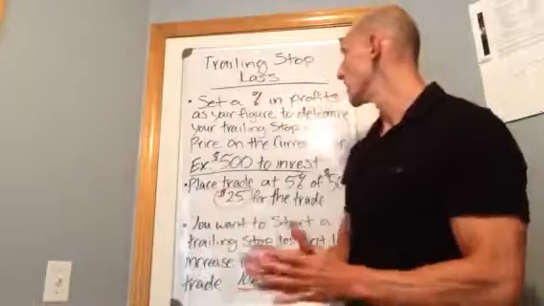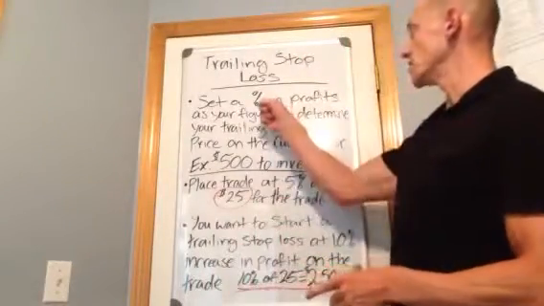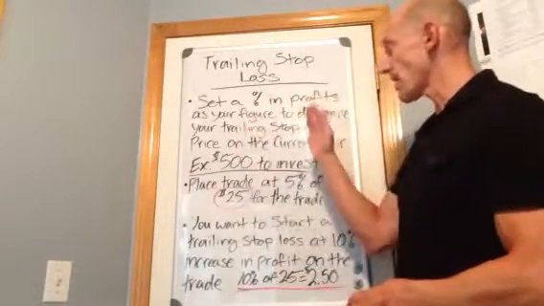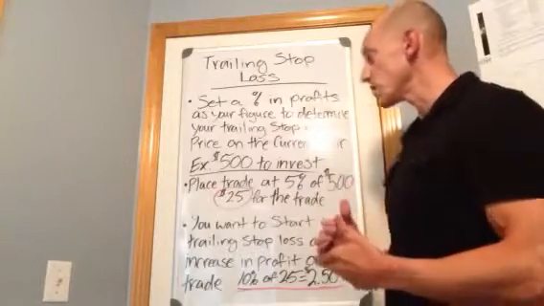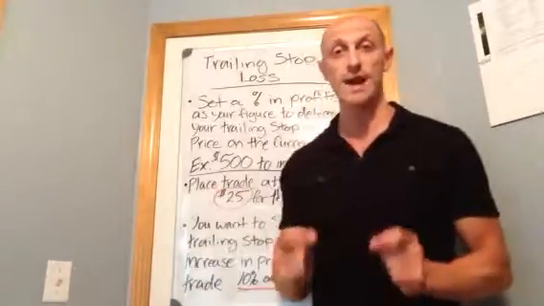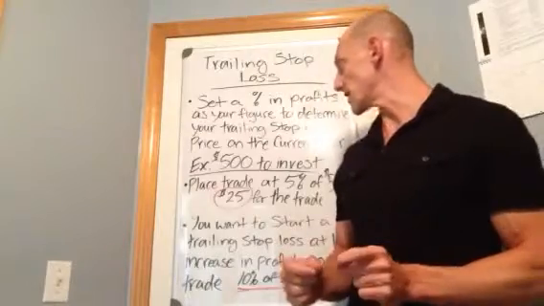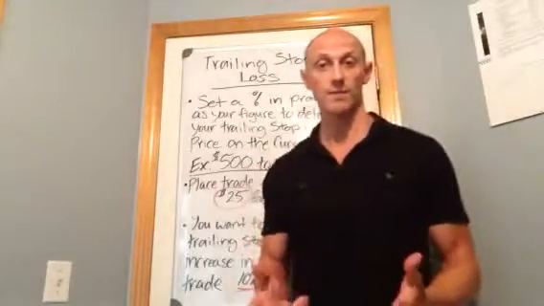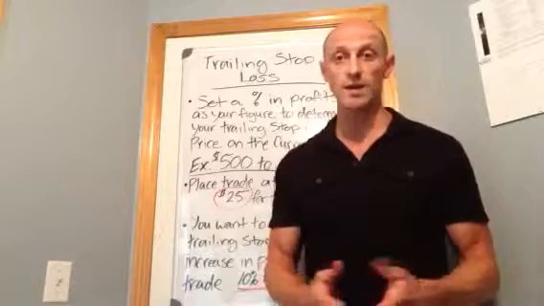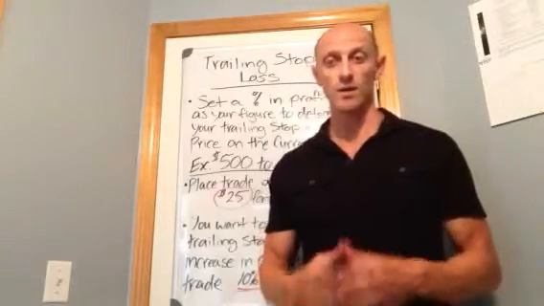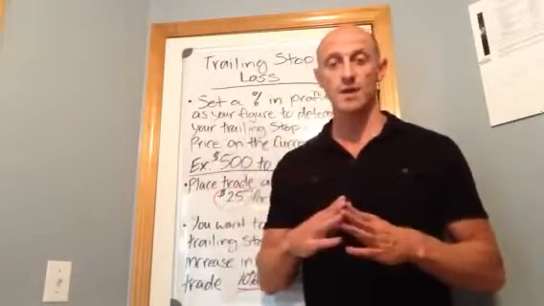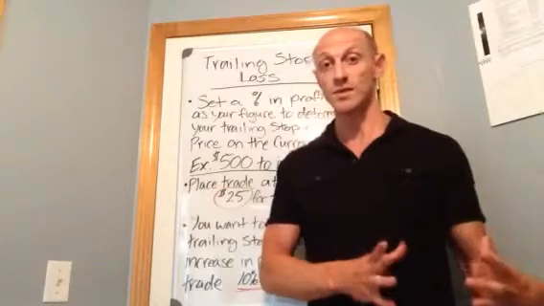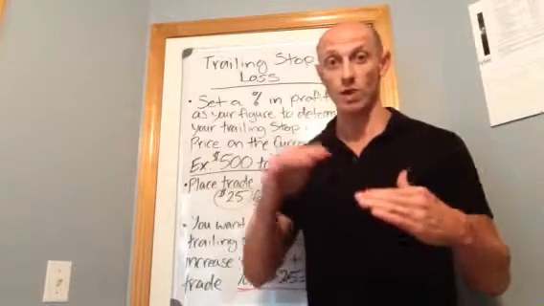Now, before you ever place your trade, guys, what you want to do is basically set a percentage in profits as your figure to determine your trailing stop loss on the price of your currency pair. All right, so what do I mean by this? Basically, if you're doing a trailing stop loss, you want to set aside a certain percentage of profits where you lock in